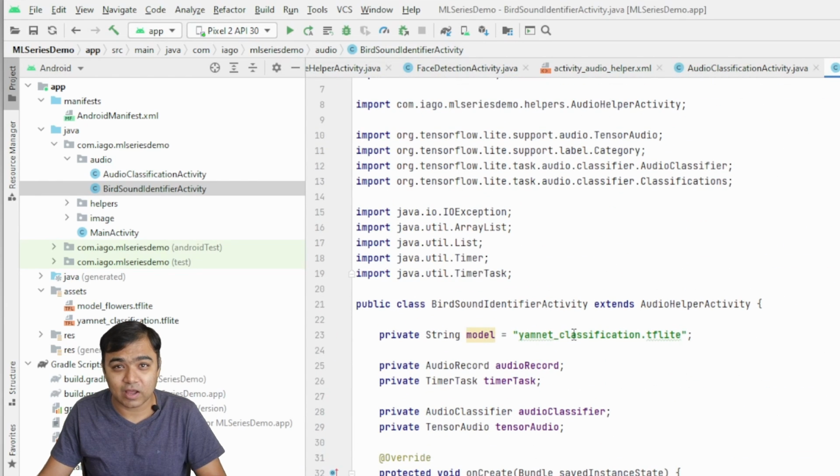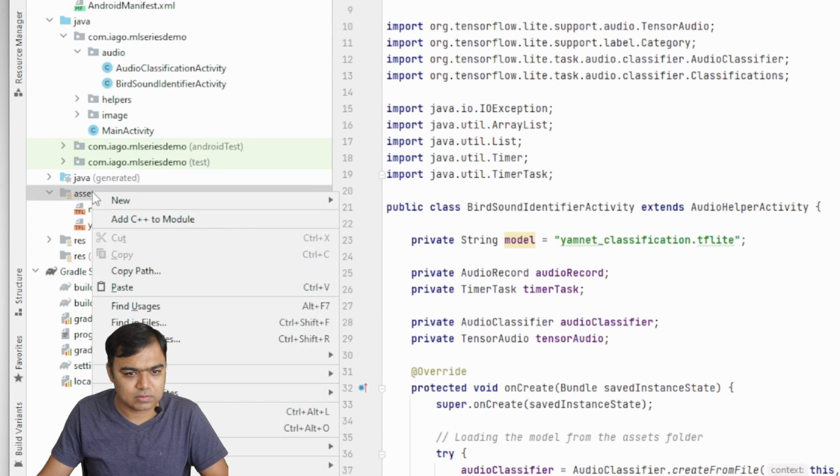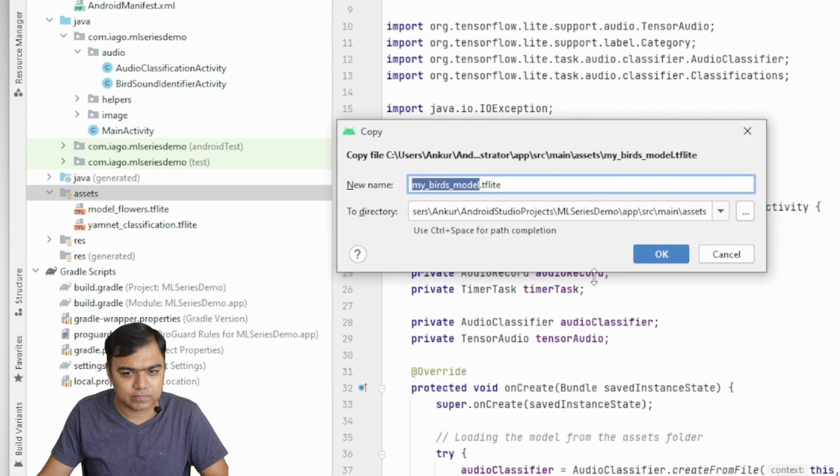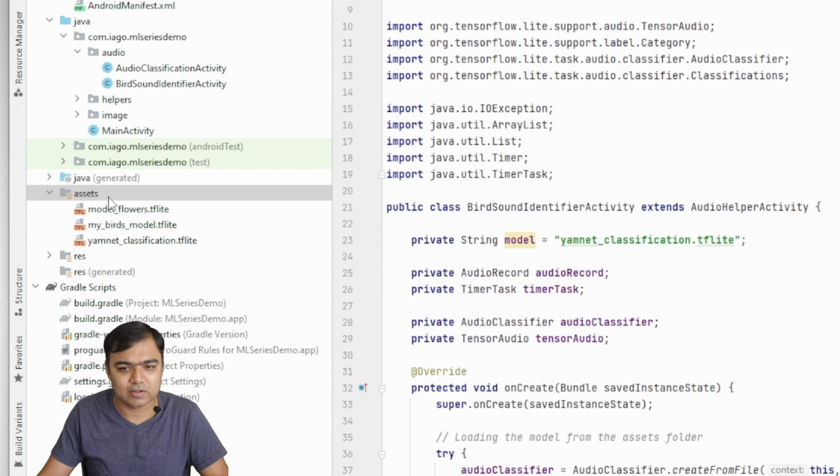First we need to get our new custom model. This custom model will also be available in the same OneDrive folder. I will put the link in the description. Let's get that first. Let me paste that here in the assets folder and change the name to my birds model.